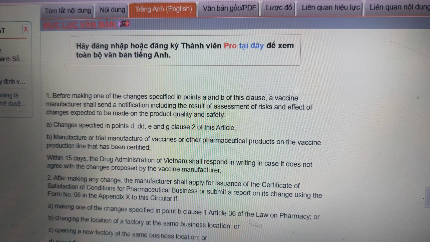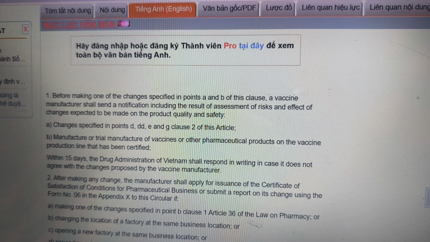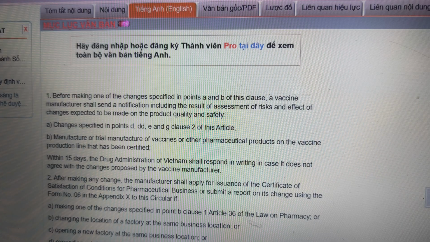If making one of the changes specified in point b, clause 1, Article 36 of the Law on Pharmacy, or changing the location of the factories at the same business location, or operating a new factory at the same business location, or expanding an existing factory, or making a major change to the structure or floor plan of any facility of one or more production lines or of the entire factory on the basis of the existing factory structure,